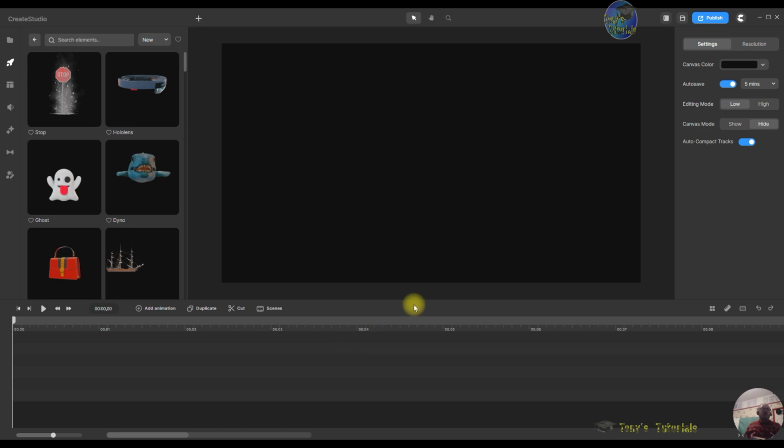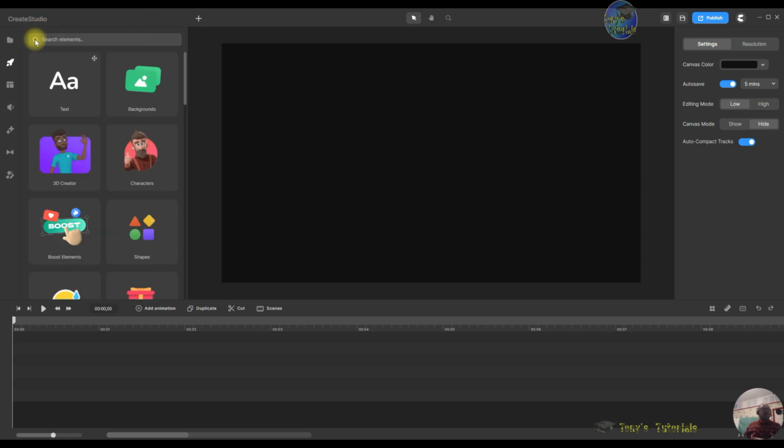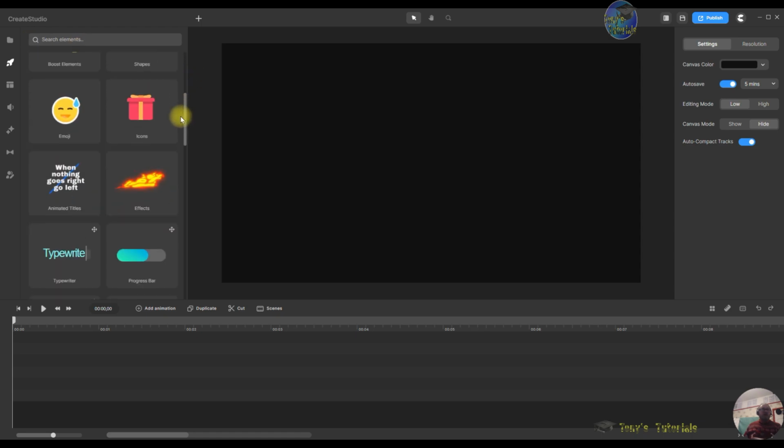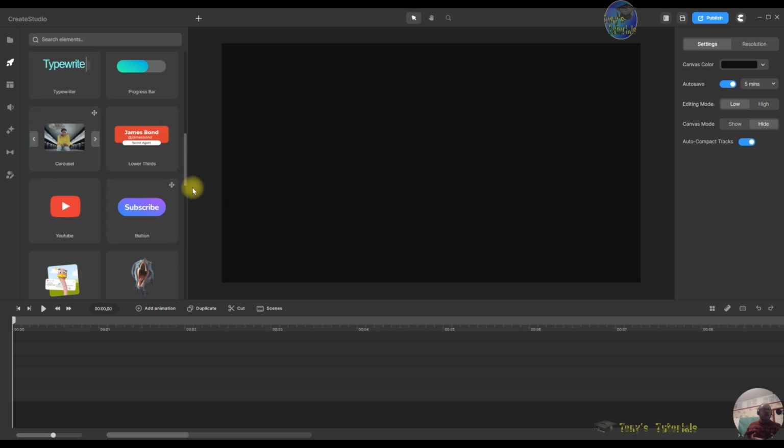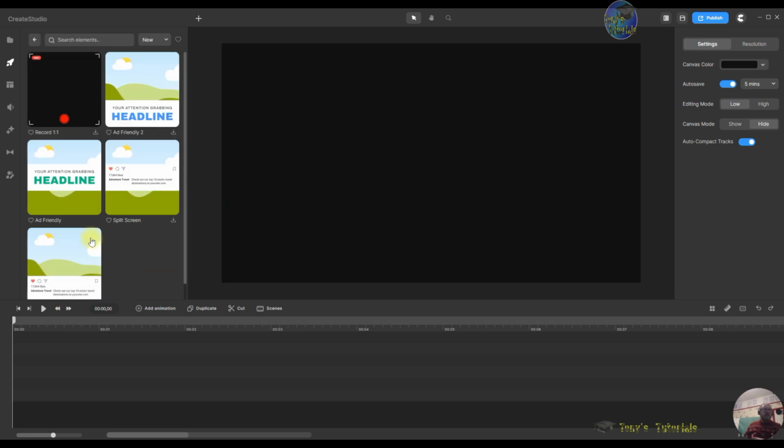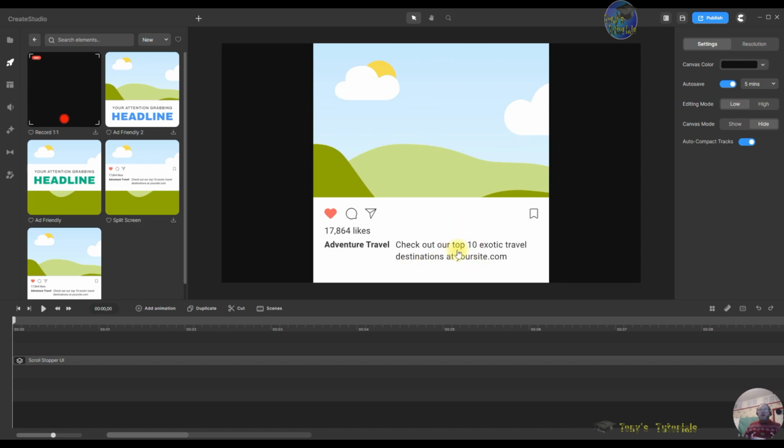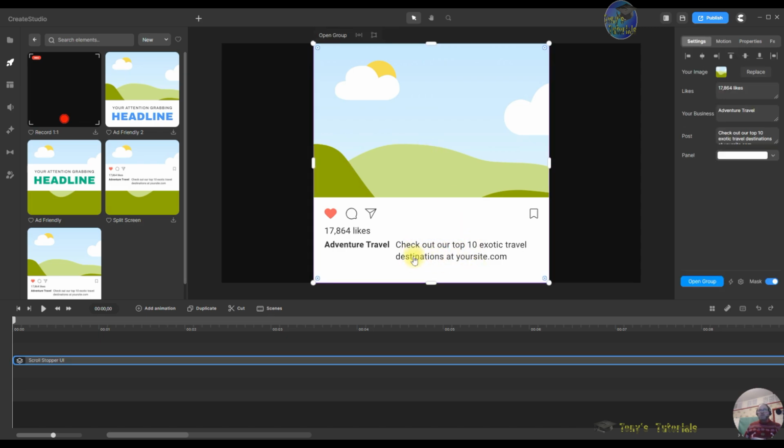Right, and next I want to delete that, and I want to delete that. Let's get on to the next one, and we're going to use an interface with the Dino. First of all I'm going to click off the scroll stoppers, and then I'm going to left click and drag down to where the interface is, and then I want to drag this one onto the canvas. So left click, hold and drag. Then I want to change these words here. Click on there like that and just change that to